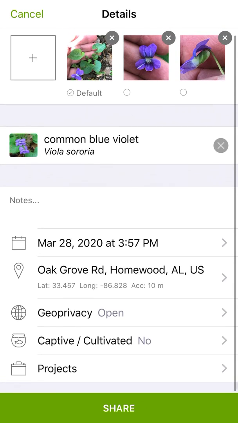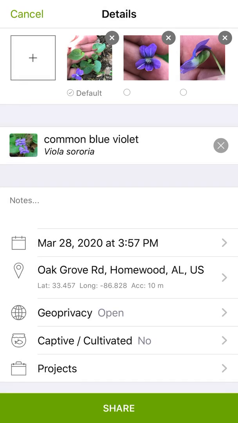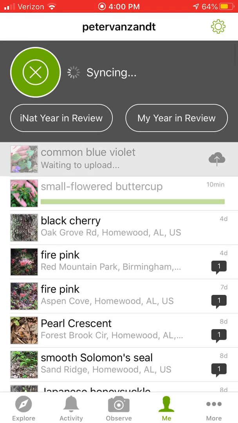Now there is a spot here for captive and cultivated. Typically, you're not going to want to add any captive or cultivated plants, especially for any of these projects. So I'm going to hit share. It's going to take a second to upload it, but that's how I want you to take photos and add